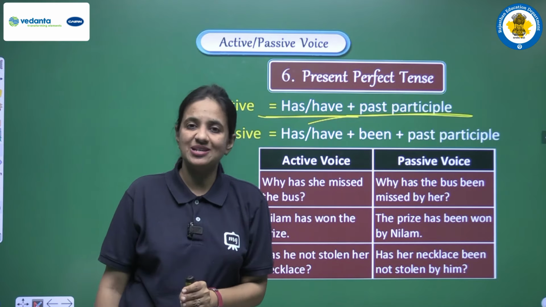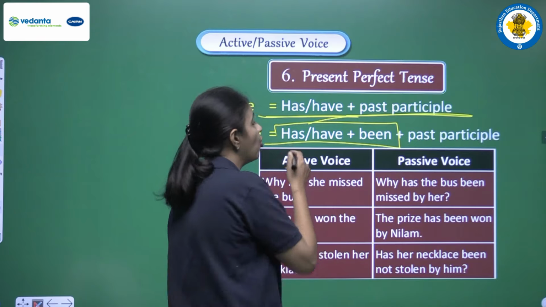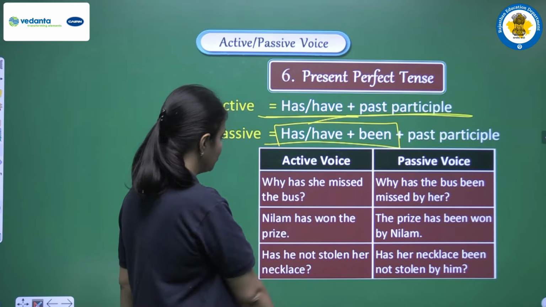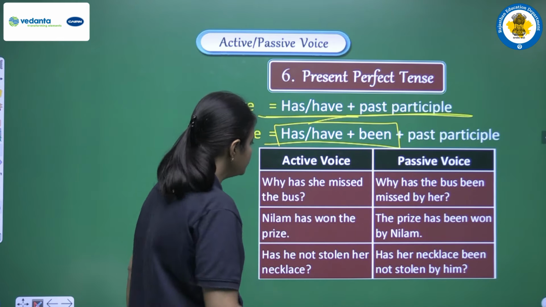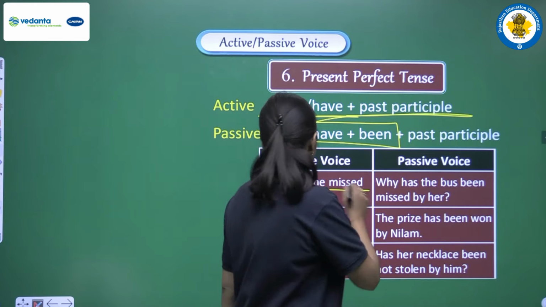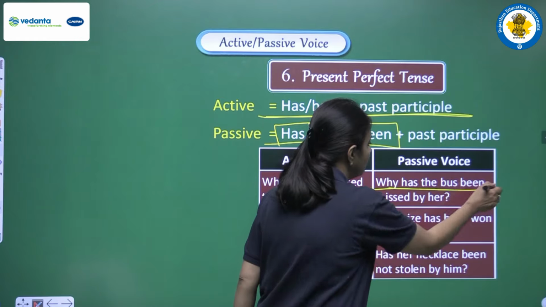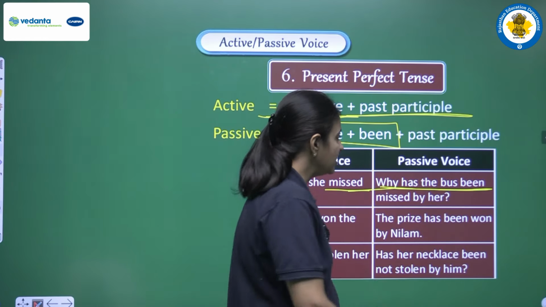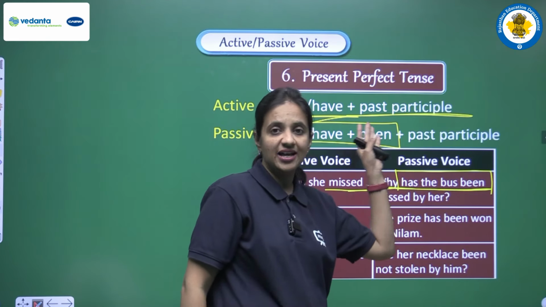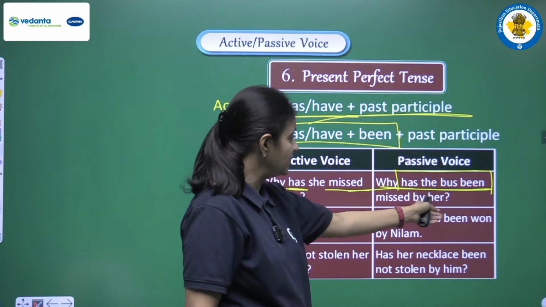And when we are having present perfect tense in active voice, then in passive voice we have to use has been or have been, and we all know main verb will be only third form. How? Let's see some of the example. Why has she missed the bus? Has plus third form means present perfect tense. So why से start हुआ है sentence, passive voice भी हम why से start करेंगे. Has the bus been? So यहाँ पे आपको structure का ध्यान रखना है फिर से. If you are having interrogative sentence, so has और been दोनों वर्ड साथ में नहीं आएंगे. Right, हम इस तरह से लिखेंगे why has the bus been missed by her.